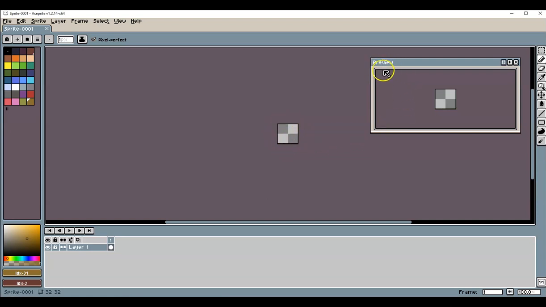also this window with the preview. On your right, you'll have the toolbar. On your left, you have the picker with the colors. And that's pretty much it. You have on the bottom the timeline. And so let's go